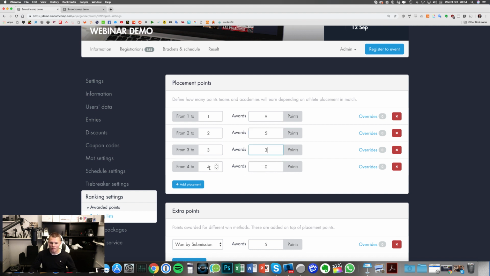And then we're giving each person from 4 to 128, they get 1 point for just being in the tournament. They didn't win any medal, but if you're having a ranking that you want to display and you want to encourage people to compete, then you can give points just by being in the tournament.